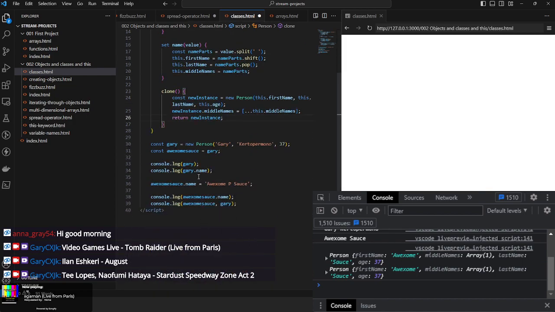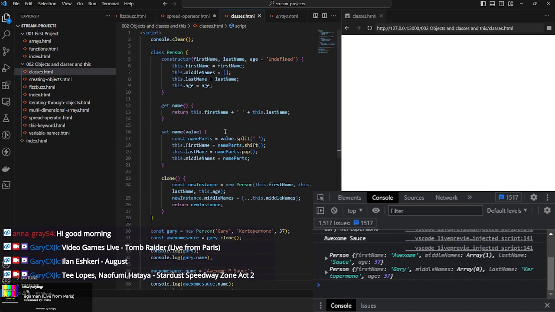So now we can do this and then clone, and then we cloned. We basically cloned that object. So now we see Austin's house and Gary. But there are multiple ways to create a clone of an object, and it's all up to you how to do this. Now this is great, but